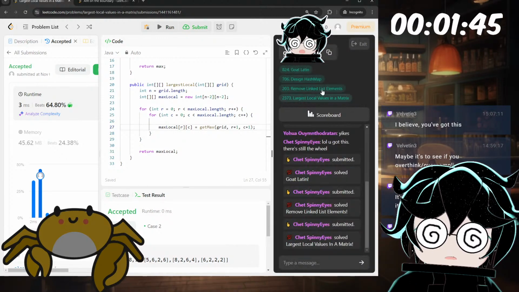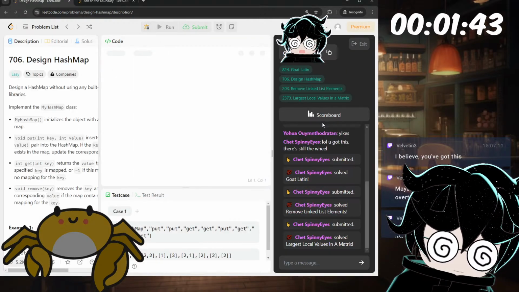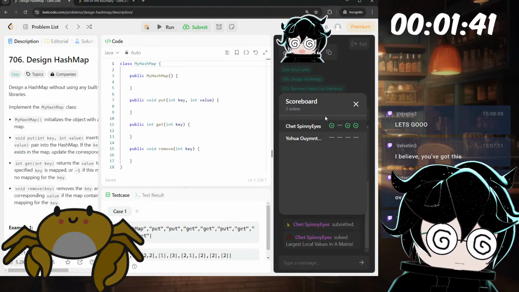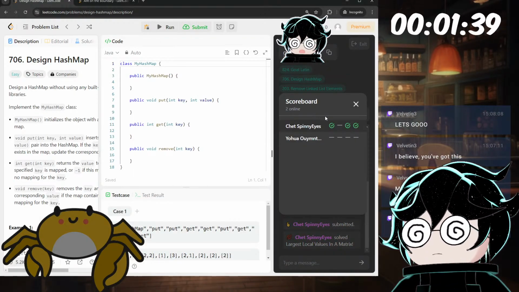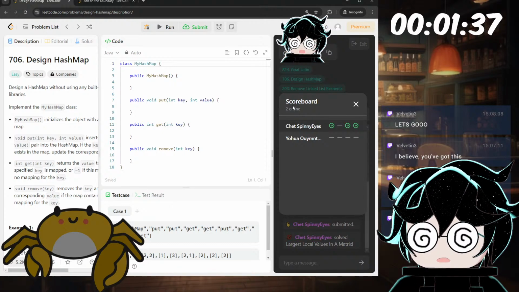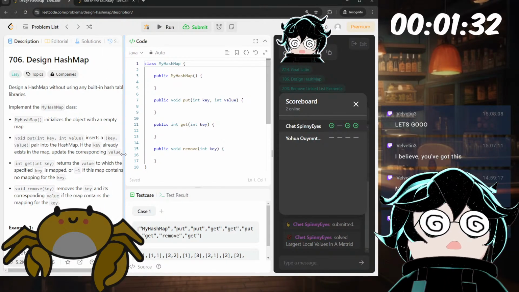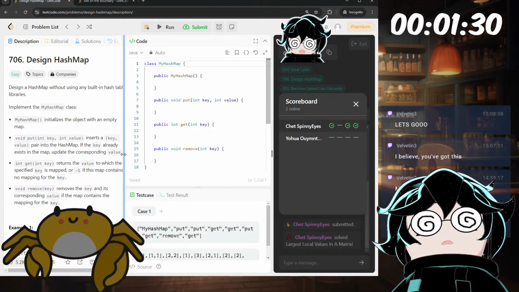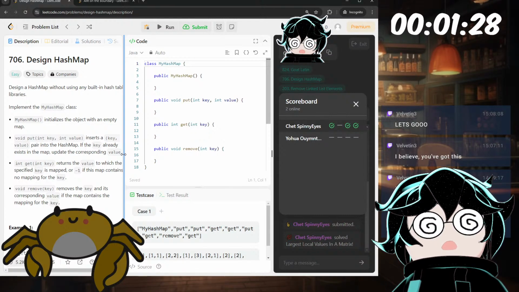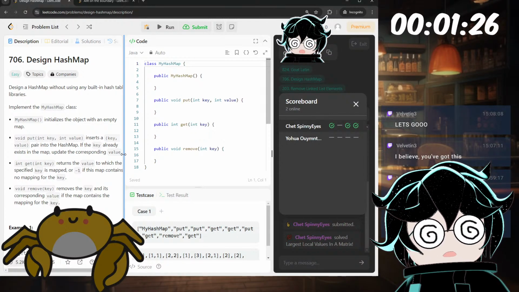We can still look at the design hash map thing though. Okay, how do hash maps work, right? You store everything in an array, right? And then each element in the array is a linked list, maybe? Yeah.